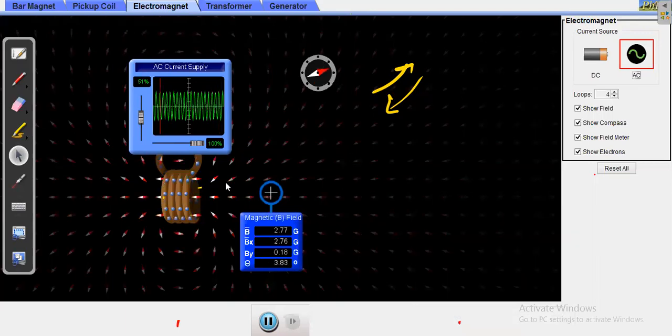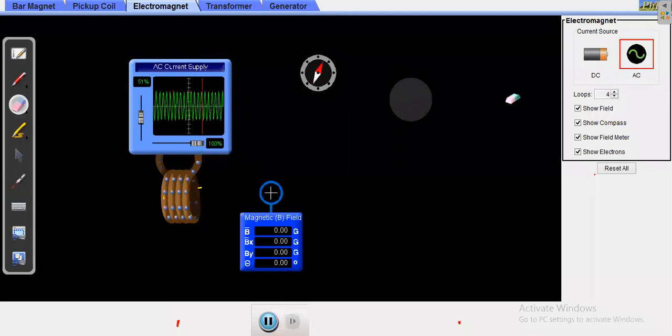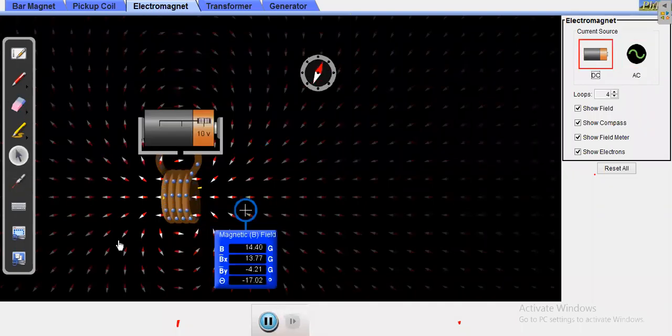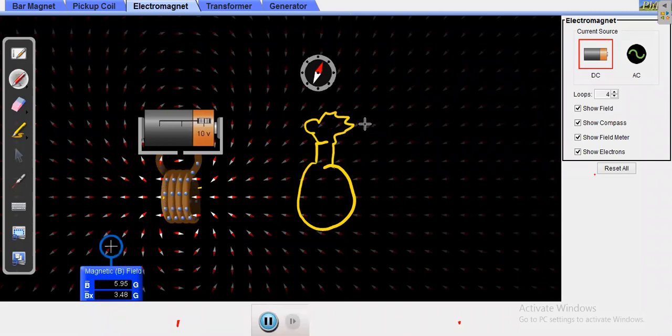Now I am going to ask you one question. Be careful. See, I have DC. Now I am going to have one more coil here, and I am connecting that coil to some light. Whether this light will glow or not. See, this is the case. I have connected the DC, the magnetic field is there. I have one coil here, and that coil I have connected with the bulb. Whether that bulb will glow or not.